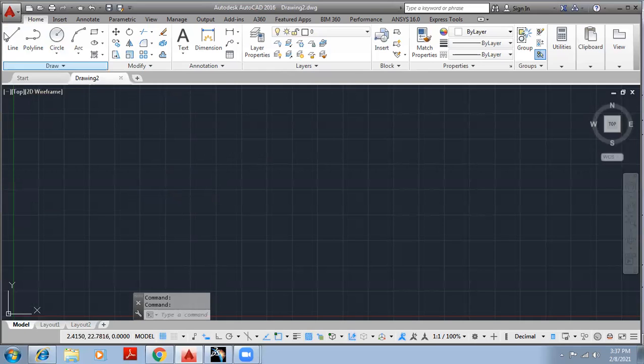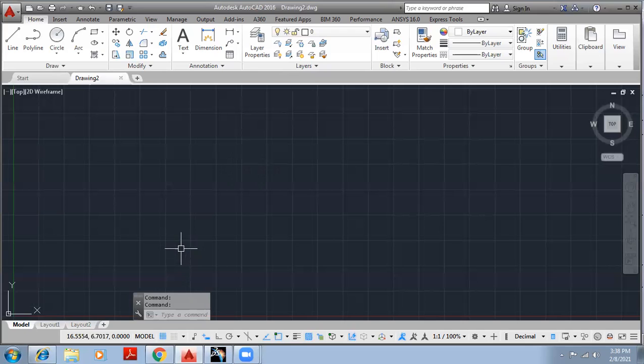Instead, I can go directly from here also. That will be the easily visualized option, and the command prompt is the remembered option. We need to remember the commands, and commands are very simple. If I want to draw a line, I simply enter LINE. If I want to draw a polyline, I simply enter PLINE.